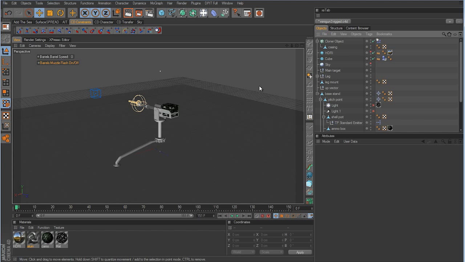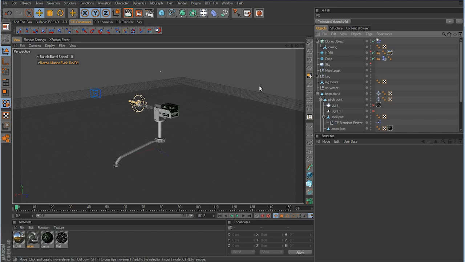Now for this particular series here on this minigun, I am not going to be using GI for several reasons. First of all, it takes longer to render. Sometimes, depending on your settings, you may get some flickering with animations. Now, Maxon has done a really good job of updating the advanced render module that comes with Cinema 4D, and it is now almost entirely flicker free, which means that you can use it now with animation, and you no longer get the flickering that was associated with it in previous versions of Cinema 4D. But even then, I still find myself using traditional lights